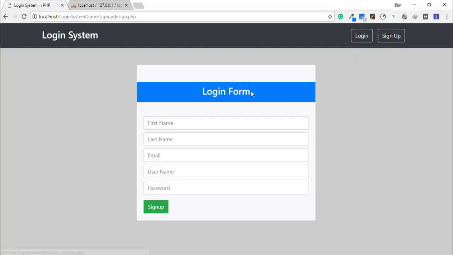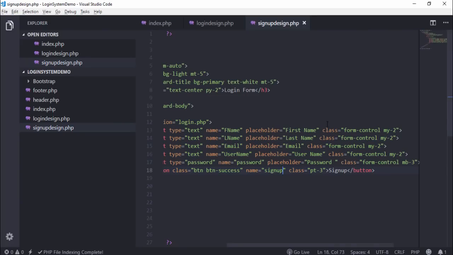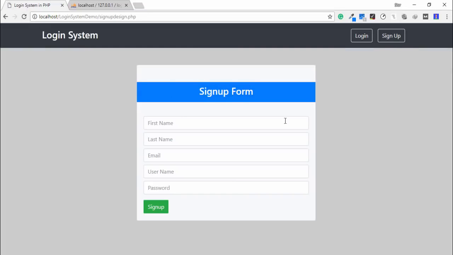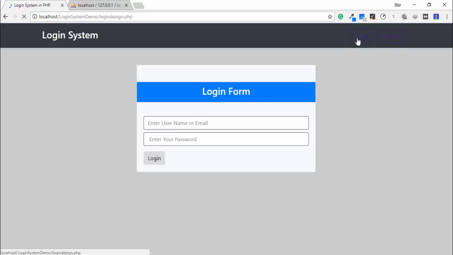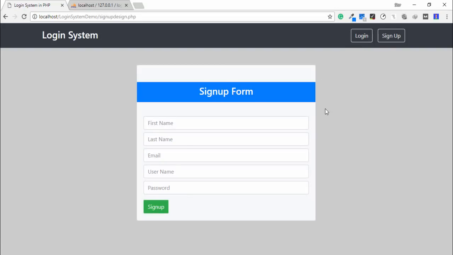Okay, this is sign up. I change the title, sign up form, save it and refresh the browser. Right guys, so we have successfully designed the navigation bar, login form, and sign up form. Right, in the next video, sorry, in this video, I will teach you how you can design the